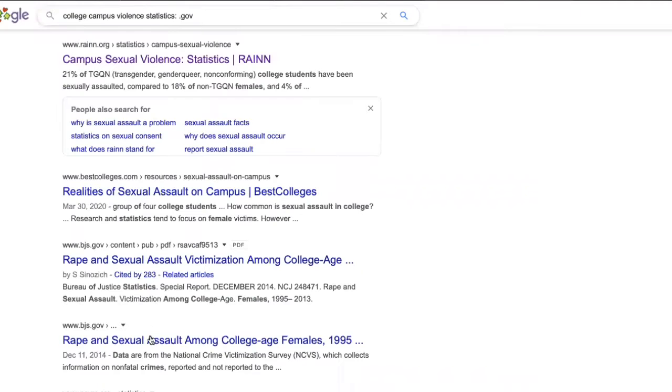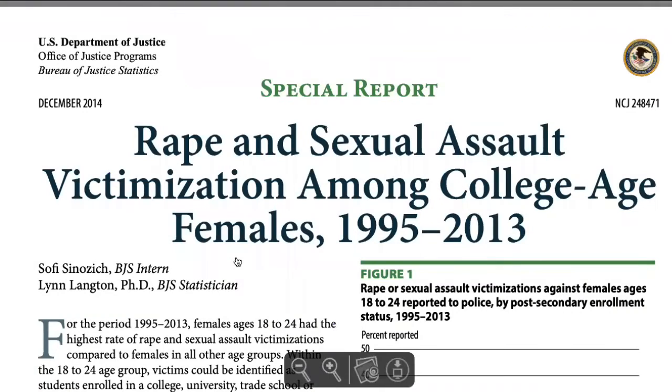But for the purpose of this, I'm going to go back and go to this. Now, this is a PDF, so this will be a report from the BJS. And as you can see, this is a special report outlining the rape and sexual assault victimization among college-age females. It has the report number over here from the BJS, and then it says over here that it was from